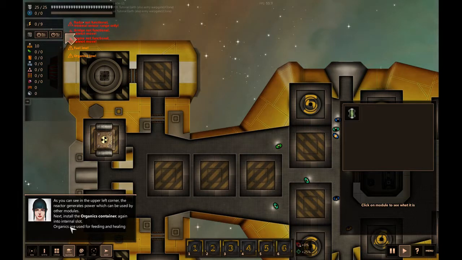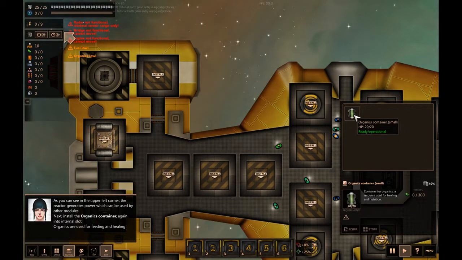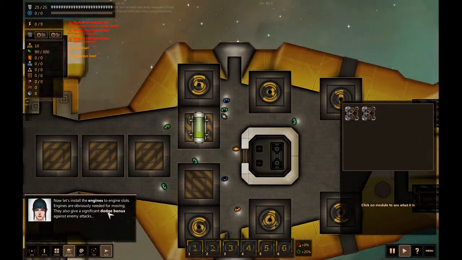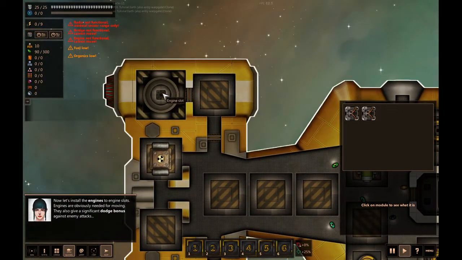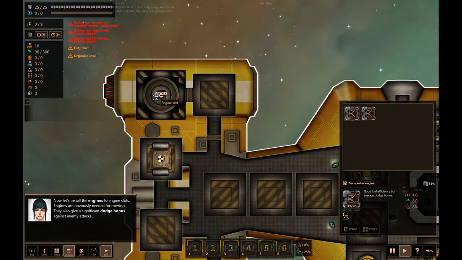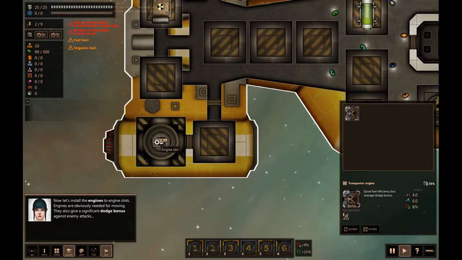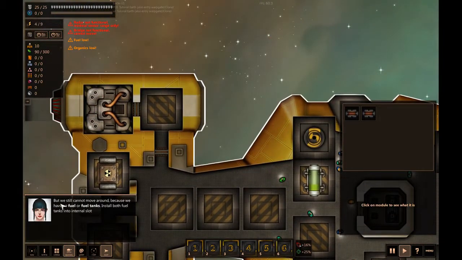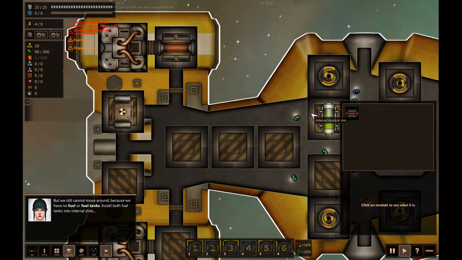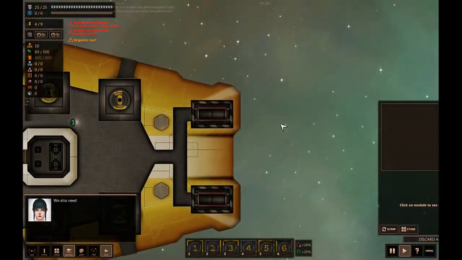Next, install the organics container again into internal slot. Okay. Now let's install the engines to engine slots, which I suppose are the... yeah. Okay, they are needed for moving and also give us dodge bonus, so that's pretty much like FTL. But we still cannot move around because we have no fuel or fuel tanks. Oh. Install both fuel into internal slots, so right here next to each of the...